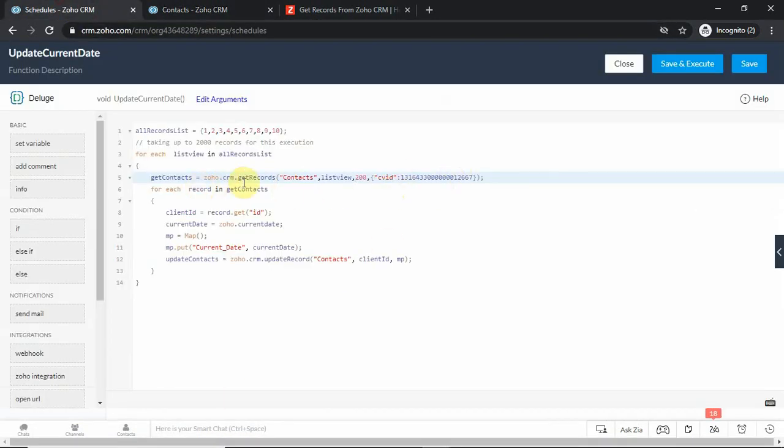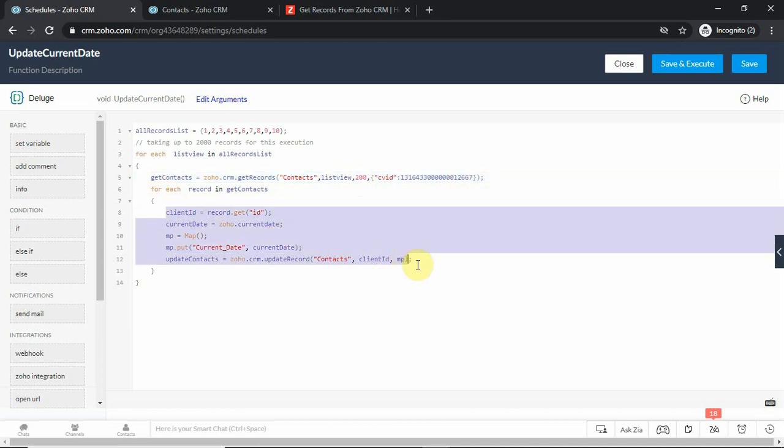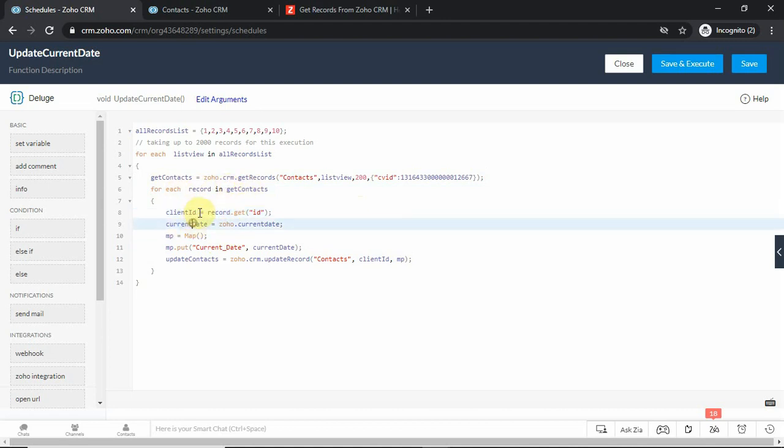Now for each of these lists, I need to extract each of my contact records, because here I'm just extracting each list consisting of 200 records, but I have to get each record because I have to update each record. So I'm again taking a for each function here where I'm declaring all of these parameters. So I'm now taking each record ID.